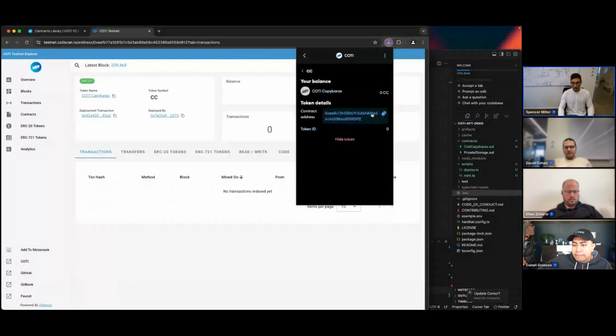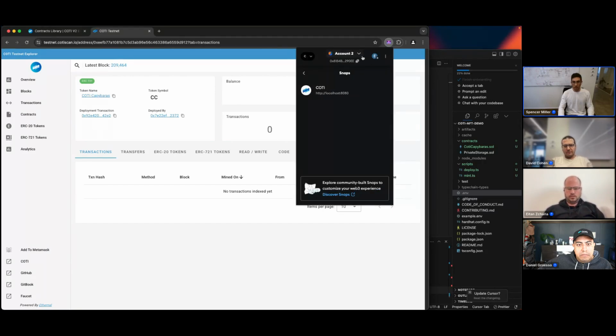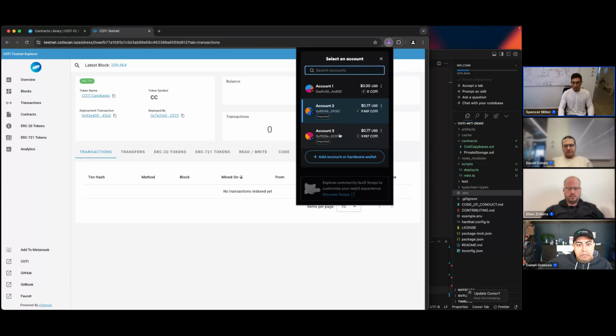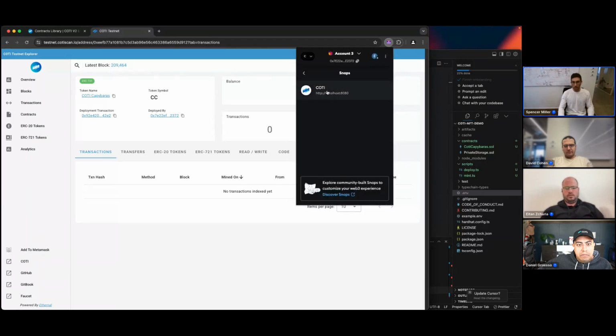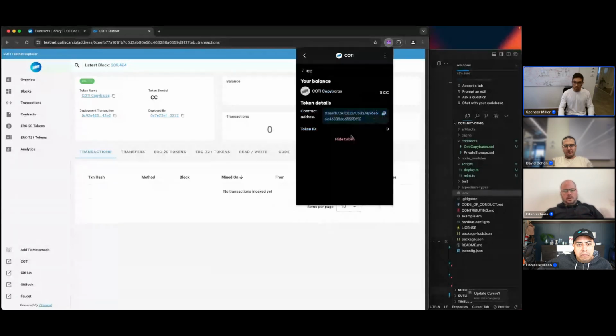So just to circle back to what happened here, I was expecting that there would be a button here that says view NFT, but because I'm using a different wallet, it's not offering me to decrypt the token URI of this NFT. So what I'll do is I just added the newly created wallet, and I open the COTI MetaMask snap and I try to